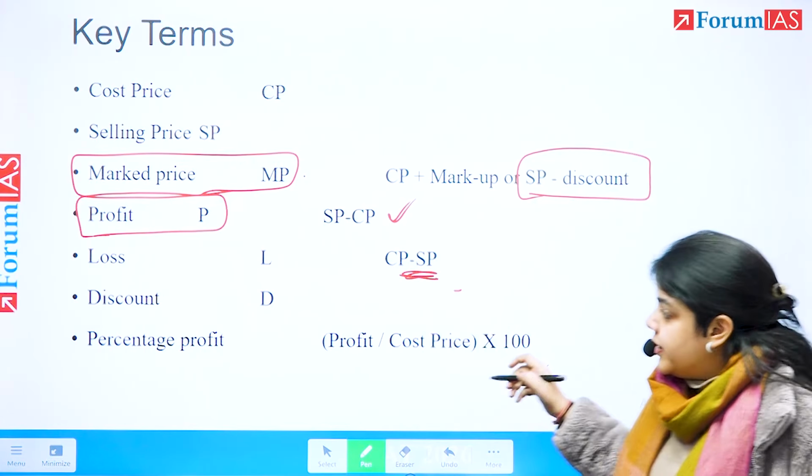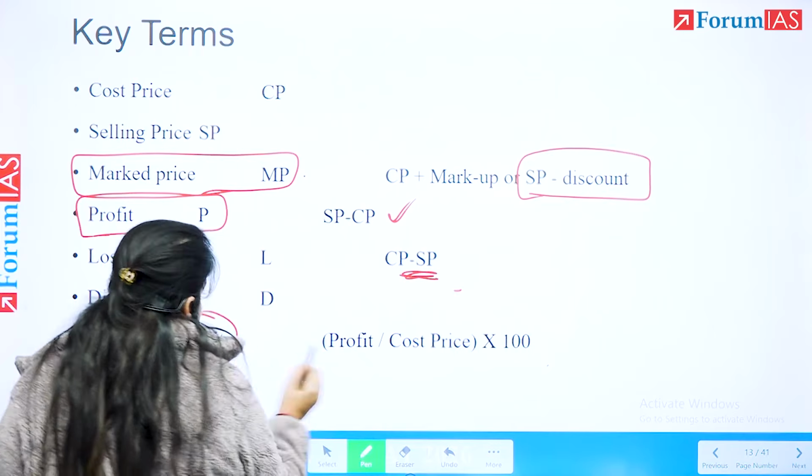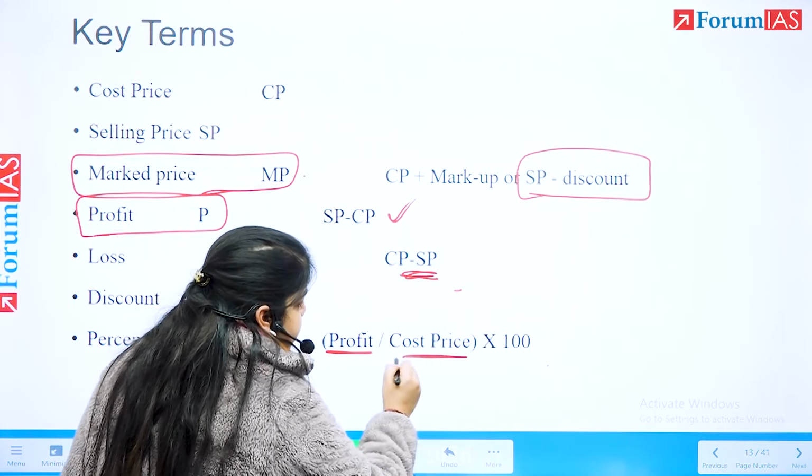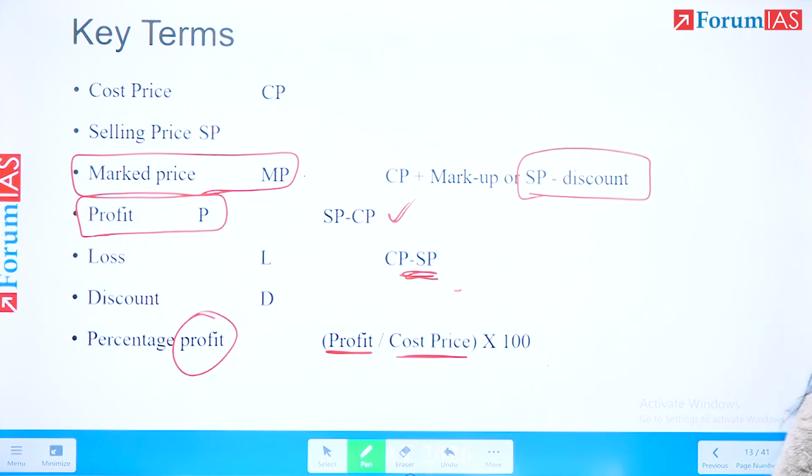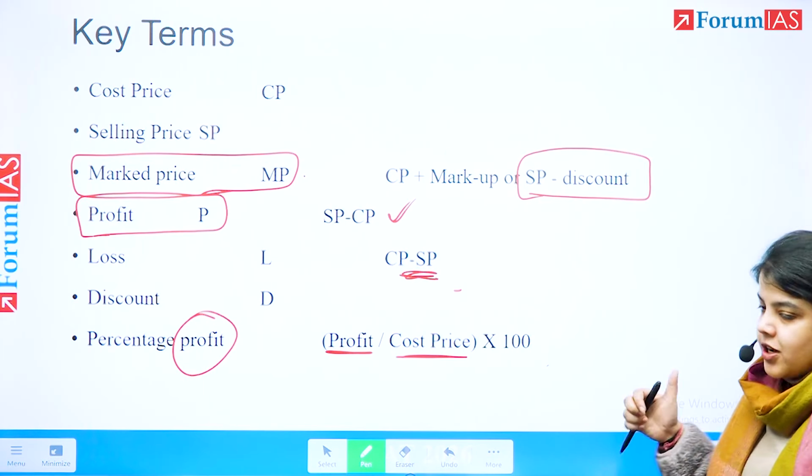So percentage profit is profit divided by cost price into 100. Percentage profit is always discussed in terms of the original quantity. Okay? So we have cost price, jitne mein kharida, kitne mein becha. Difference between the two: if the selling price was more, it is a profit. Selling price was less, you took a loss. Very clearly, we took a loss.